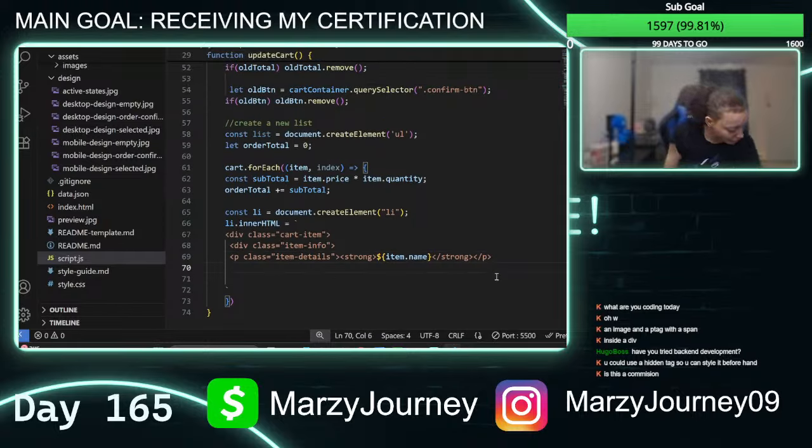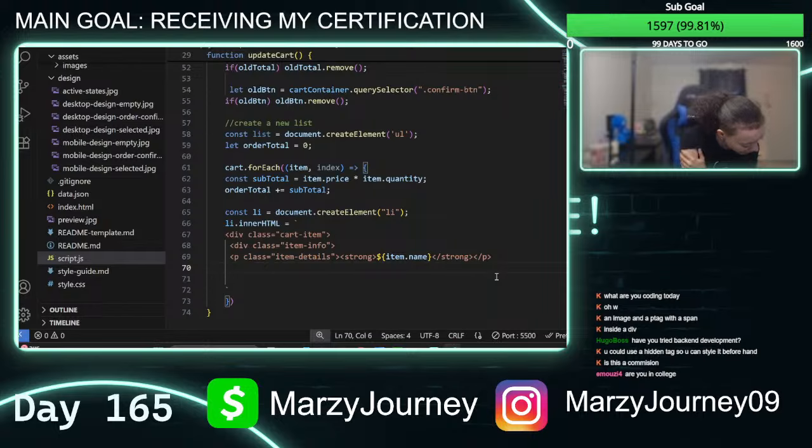Come back this way. You said, have you tried backend development? No, I have not yet. I don't plan to, I plan to do it in the near future. But when I say near future, probably in like 2 years, because I already have a whole set of other things I need to study for this new year coming on, which I think I'll be explaining in a YouTube video at some point. So I'll kind of give y'all a little bit more insight on that. But I plan on doing backend next year. I mean, the year after next year.